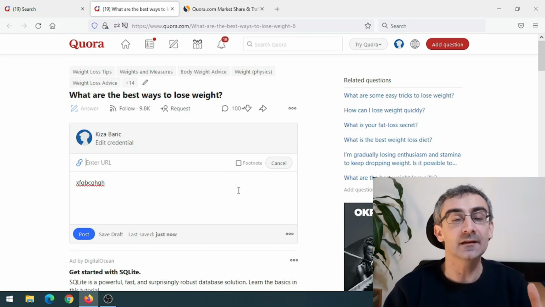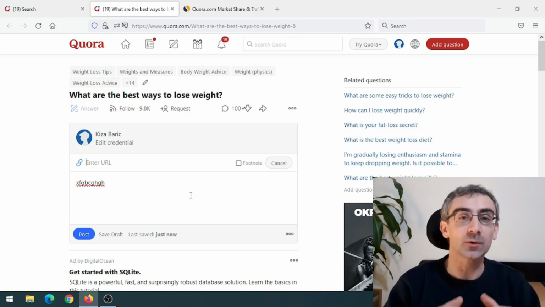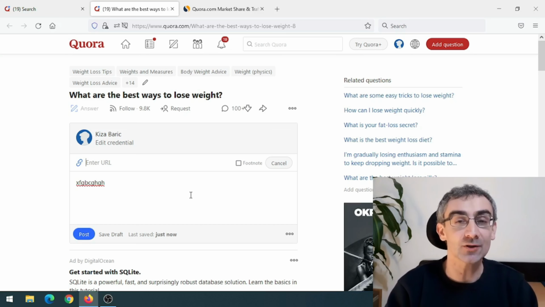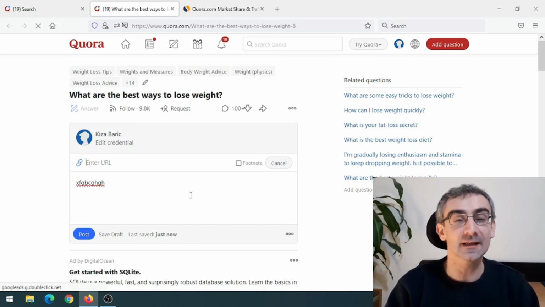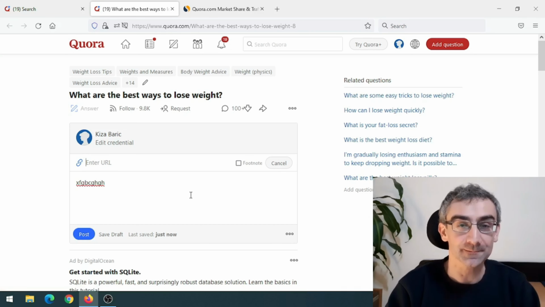You will add a link into your Quora answer, and you can start driving traffic to your affiliate offer. Like I said, you need to send traffic to your blog, website, or landing page. You cannot use direct affiliate links on Quora.